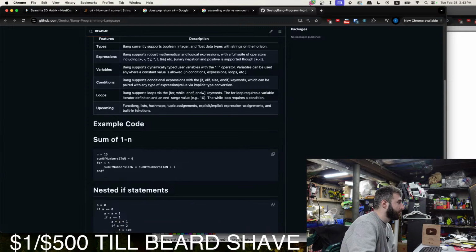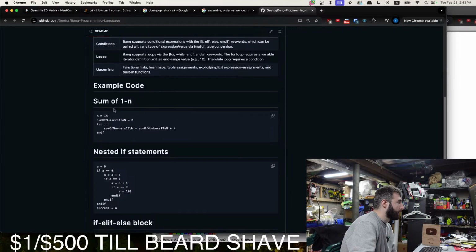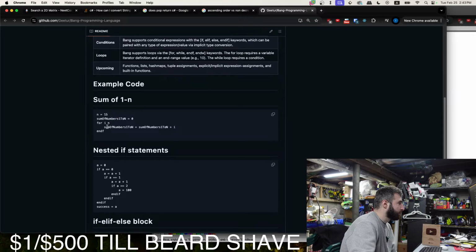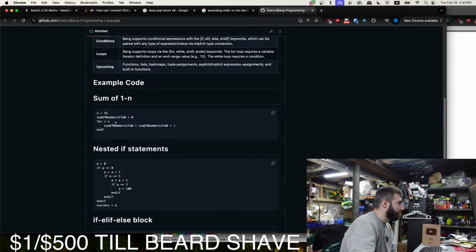Okay. Example code. N equals 15. Sum of numbers 1 to n equals 0. For i in n, sum of numbers 1 to n equals sum of numbers i to n plus i, and if. Oh! This is cool.